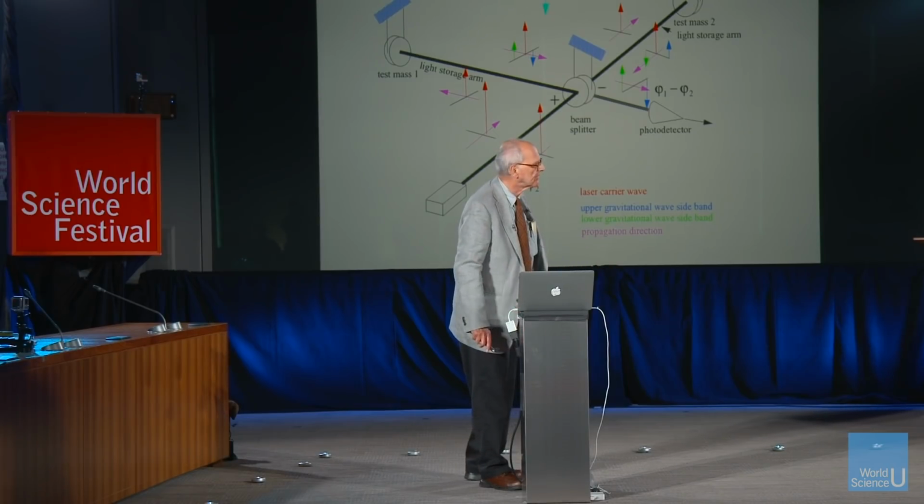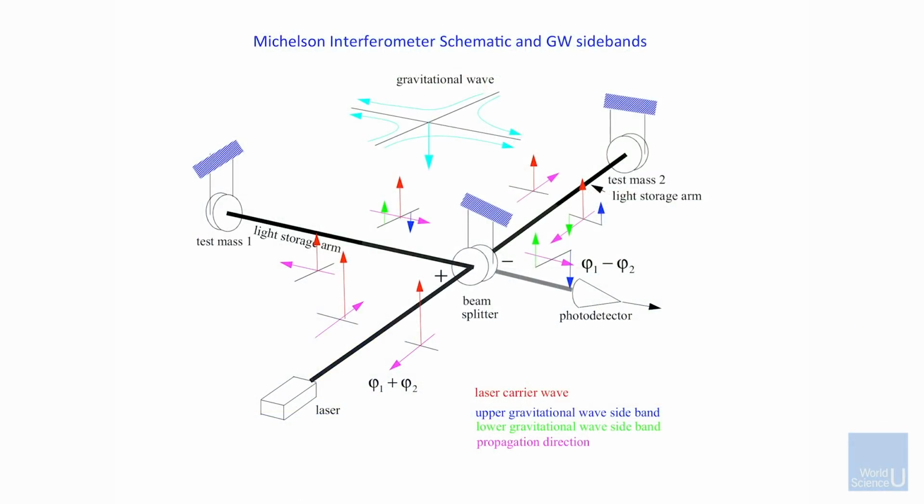And here is the idea. Now, here's why I want you to be able to have these slides. I've done something here which people don't normally do. I actually show you how it works. It's a little different. I'm not going to walk through all of it; some of it you're going to have to invent for yourself. But here's a basic Michelson interferometer. Here is that distant mass. There's another distant mass. Here's the gravitational wave coming down on this.